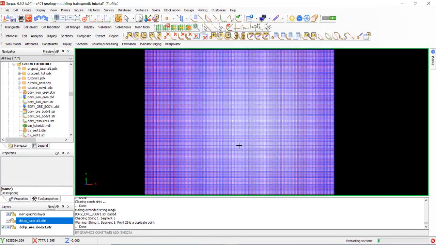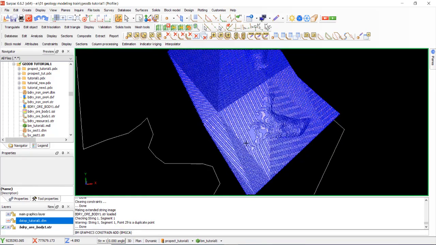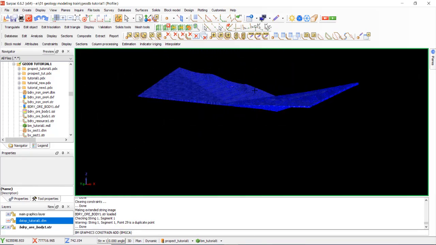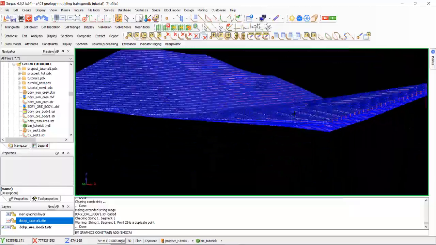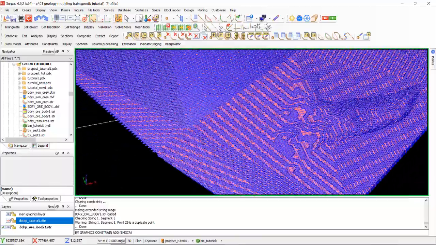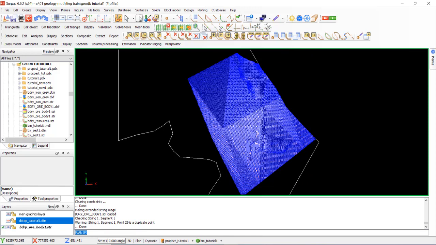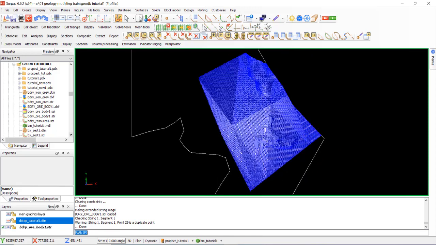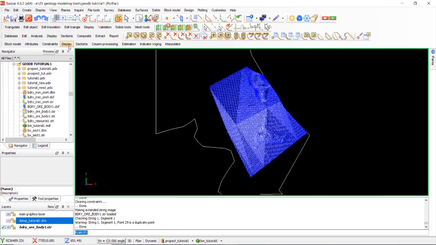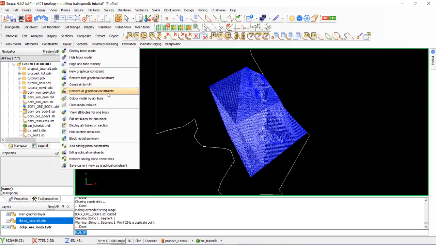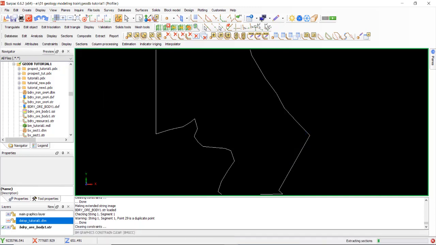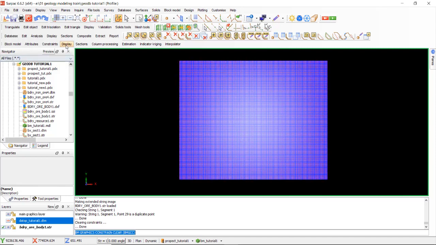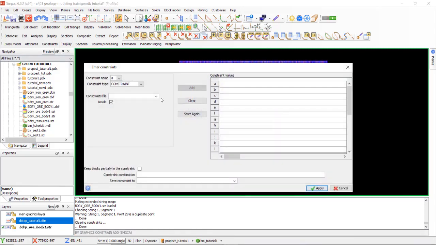Yes. Okay. Next, we remove all graphical constraint. We select the terrain only, new graphical terrain only.